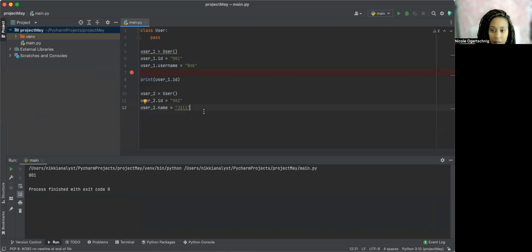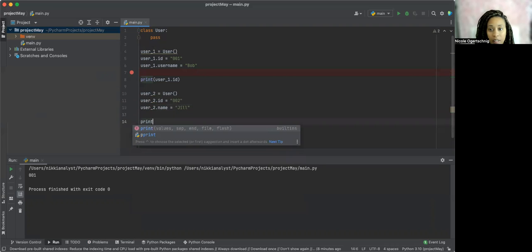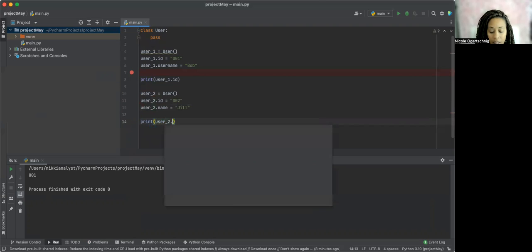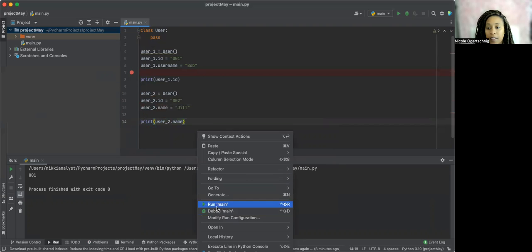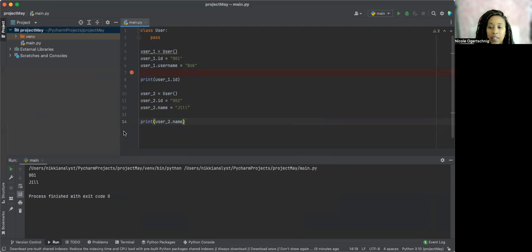And let's go ahead and print user two's dot name. So we're printing all this stuff out because, why not? We're at work. We've got a lot of things to do, but no one has time for all this. That's where our class comes in. So in our class, we can have